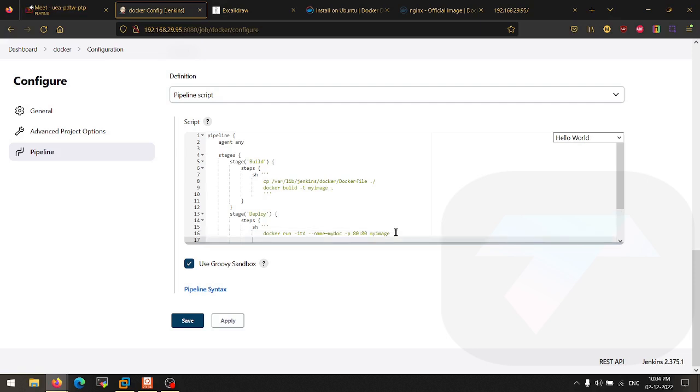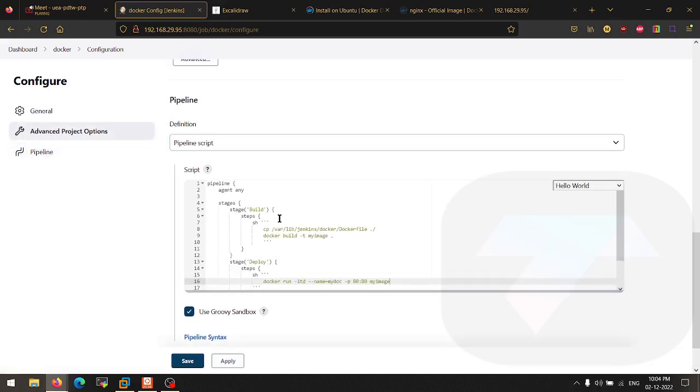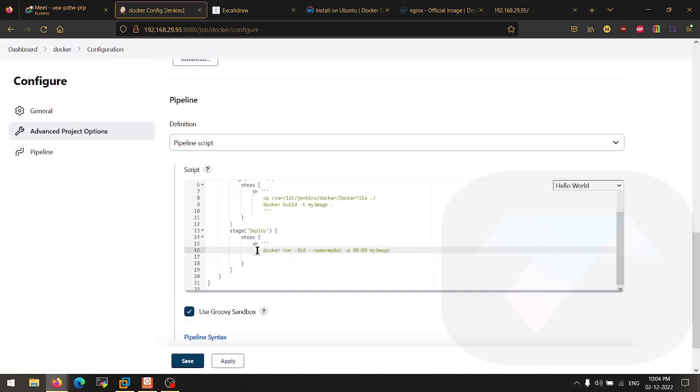After this, if you want to do the test here as well, to do the health check, you guys can also do that by adding one more stage. Right now I guess this will work fine for us. Okay, and yeah, that's it. We created this Jenkins pipeline. If you guys have any doubt in this Jenkins code, you guys can ask. Then I will save this and execute the pipeline.